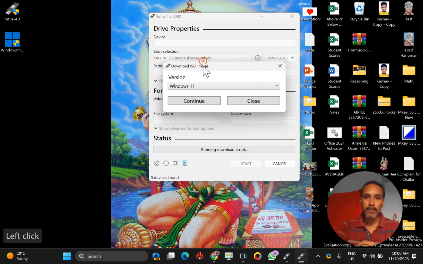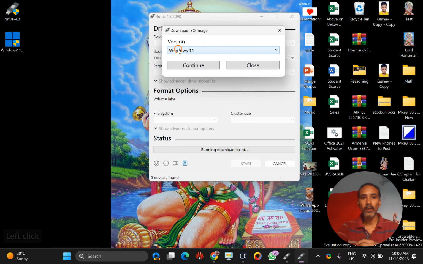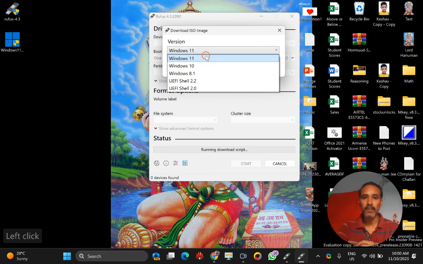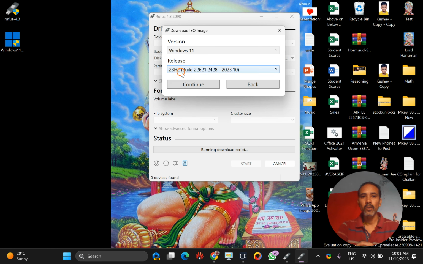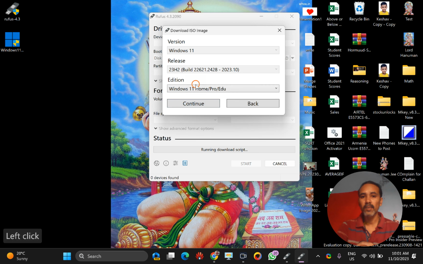Now you will see a pop-up window. In this, you need to select the version Windows 11, then click on the Continue button. It will take a few seconds, and then you have to choose the version, that is the latest one, 23H2. Click on the Continue button.